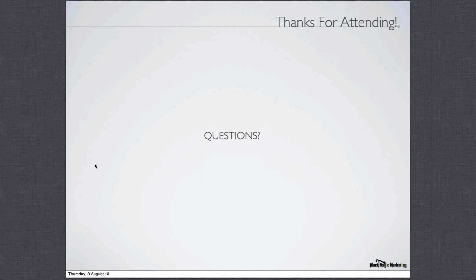Now the way to find out what a PageRank is, there's PageRankChecker.com. It's probably the best one. I think that's the URL. So you go to PageRankChecker.com and type in the website that you want to get the link from, and it's going to tell you what its PageRank is.